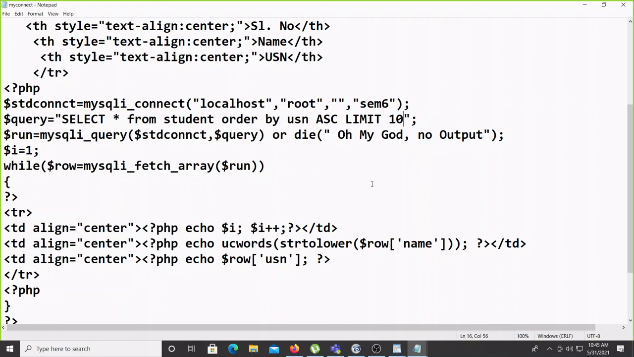And most of the students, they are not facing problems with connectivity with the database only. Okay, so if anybody has any doubt,